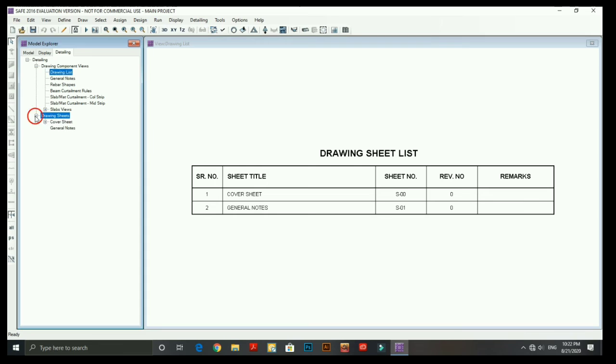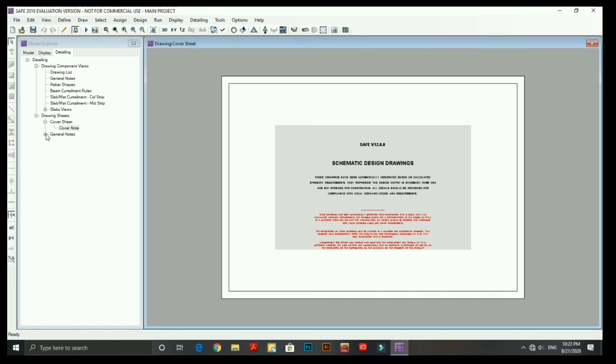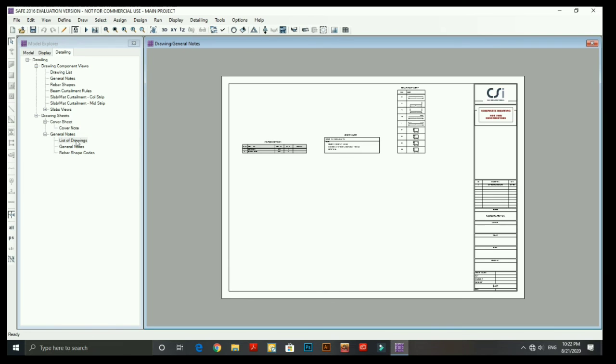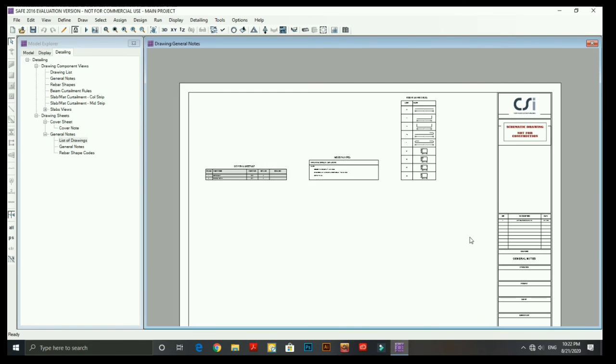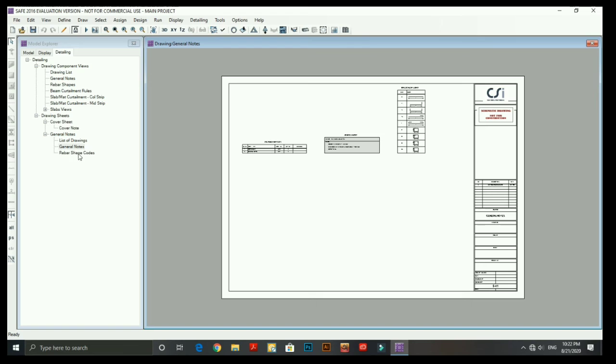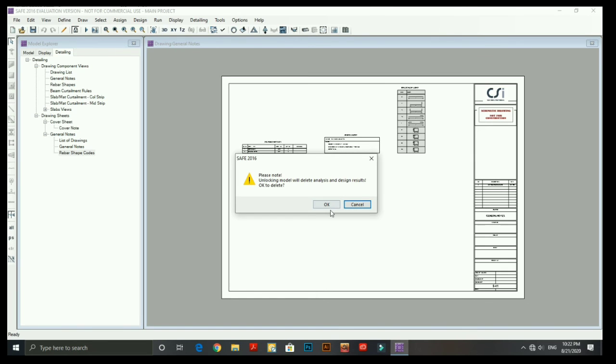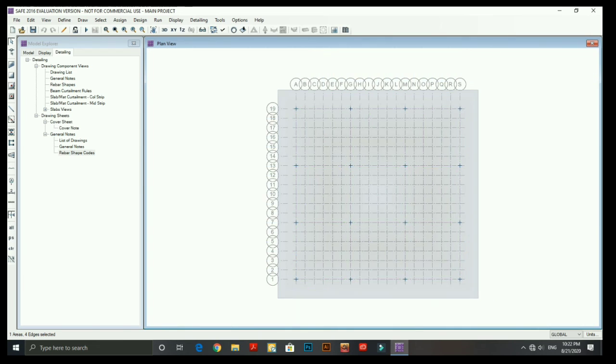This is all the different kind of values and the detailing part, and you can actually plot all of them in a drawing sheet. And here I show you the drawing sheets. So this is because this is the evaluation version, so we cannot print it.